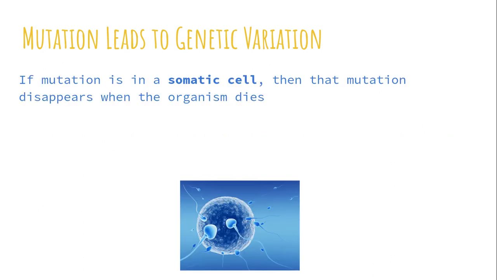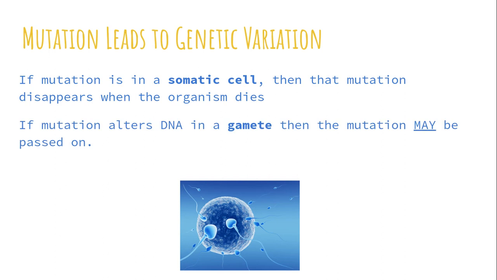So why are we talking about mutations? Well, if a mutation happens in any place other than the body cell, okay, then it passes on to the progeny. But if a mutation happens in your body cell, such as your skin, it disappears when you die. Okay, you're not passing your skin cells on to anyone. There's nothing in there that is going to be genetically copied. If it happens to your skin, it dies with you, sort of thing.